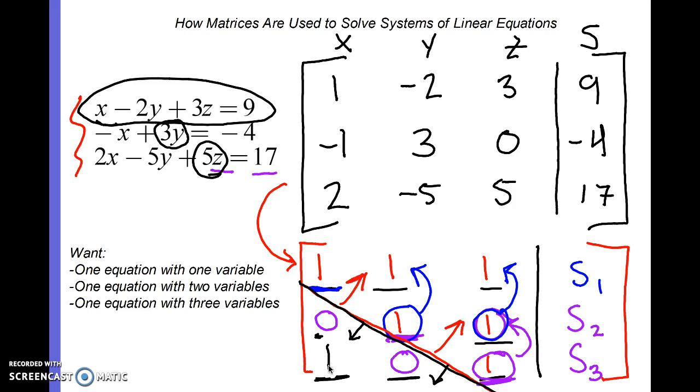Now you know you did something wrong, because after you're finished with all of these steps and finding your x, your y, and your z, you shouldn't have any 1s down here below that diagonal line. Everything on this side of the diagonal should be zeros, and everything on the upper side of the diagonal should be all 1s. Okay, and we'll get into a little bit more of that when we start doing an example,